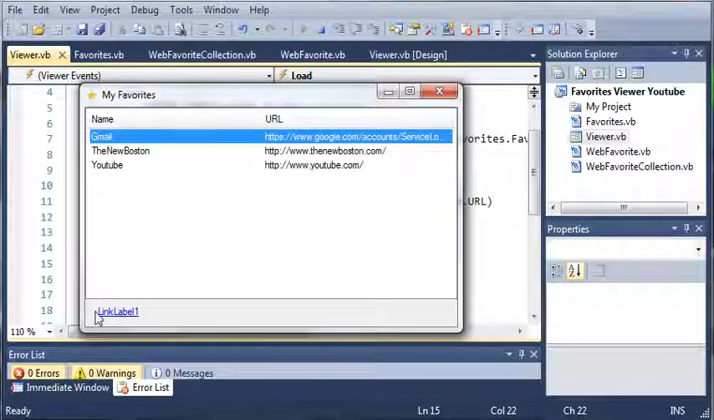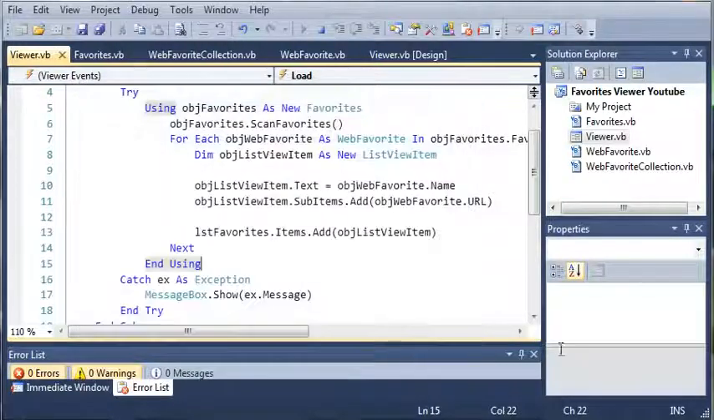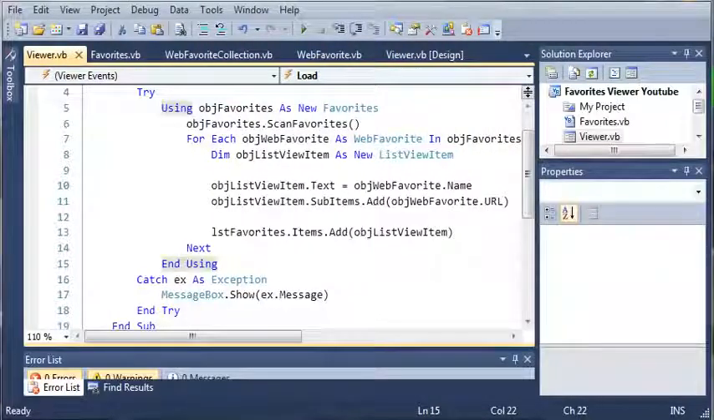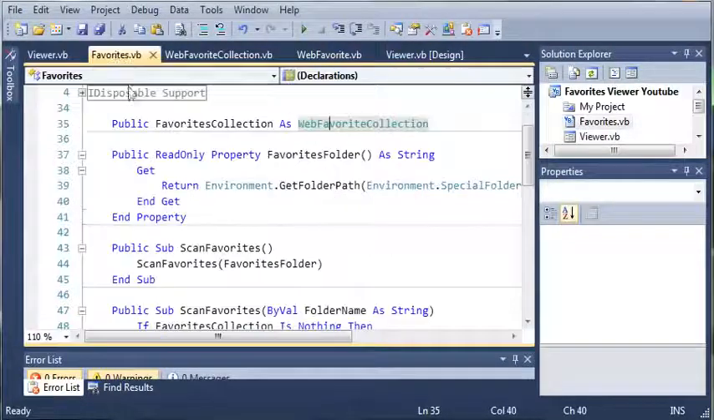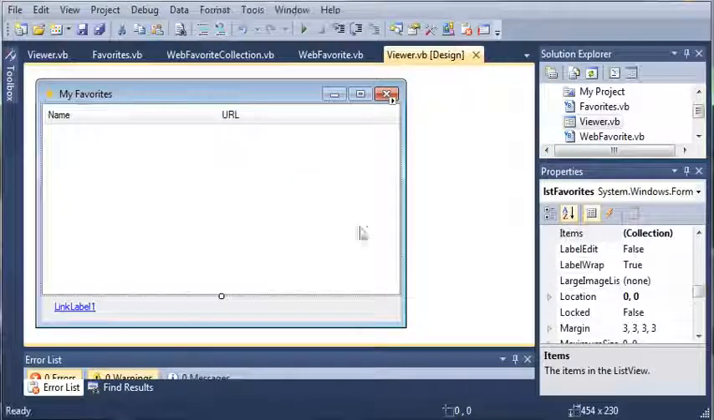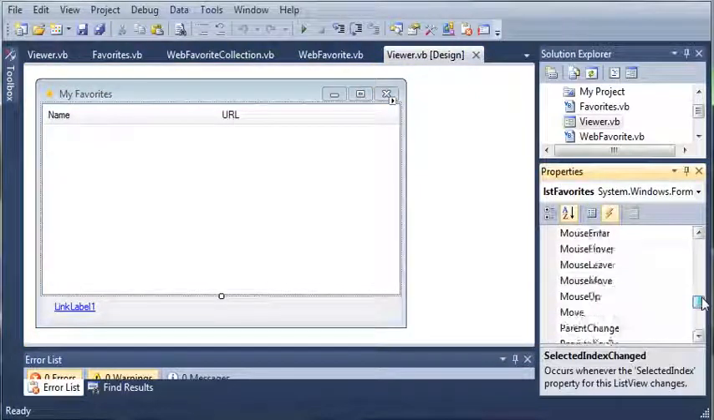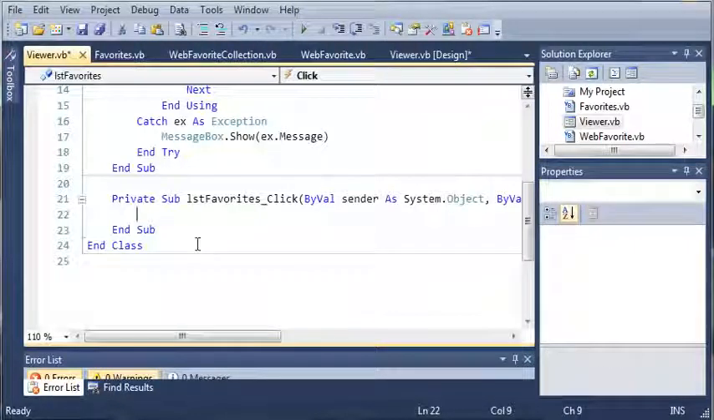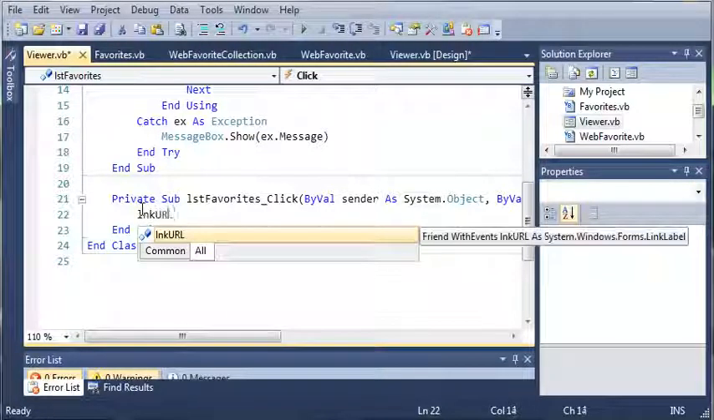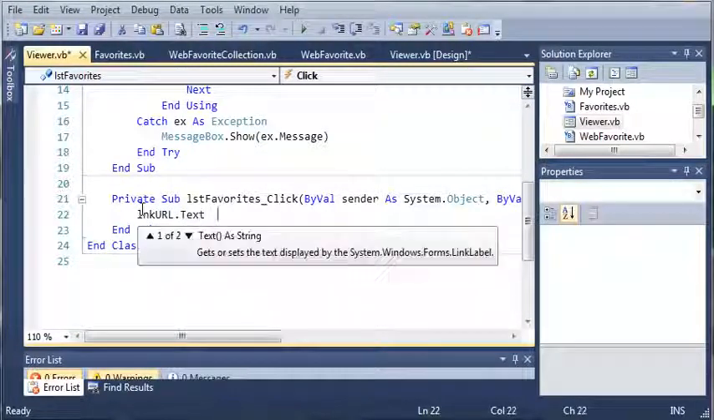Now what we need to do is set up the link label to open the website when they click on it. We can do this by accessing the click event of our list. So let's click the lightning bolt right here, and we'll go ahead and find click. Whenever they click on list favorites or one of the indexes on there, we're going to set the text of our URL. So we'll do link URL dot text is going to be equal to